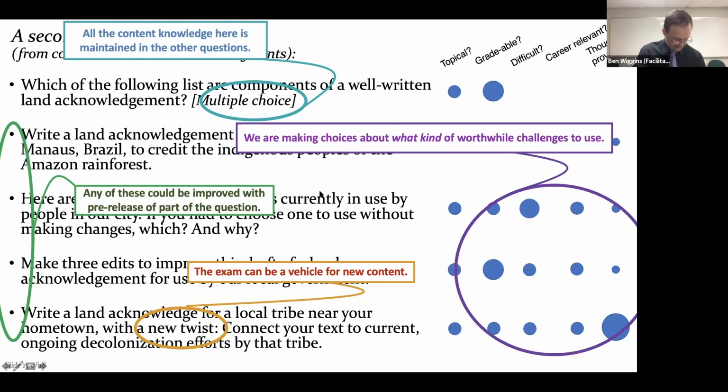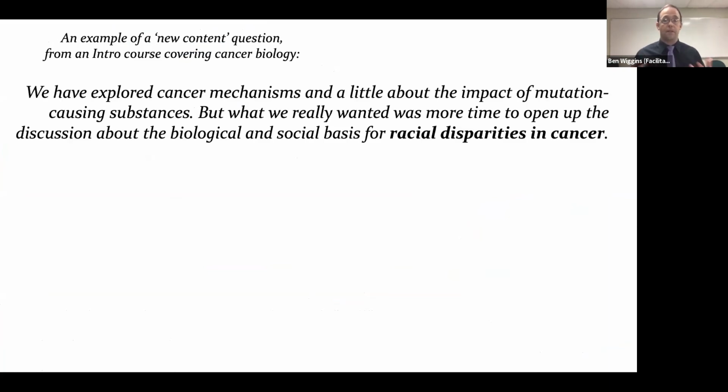Lastly, in the few minutes that I have left, I do want to show you one example of pushing content forward with an exam. What we wanted to do in an intro biology class is that we had to cover the mechanisms of cancer. That is a common thing to cover in intro molecular biology. But what we discovered as a teaching team is that our students were not thinking critically about some of the social aspects of how cancer impacts different communities. So the biological, social, and racial basis for cancer disparities is a thing that we wanted to put on the